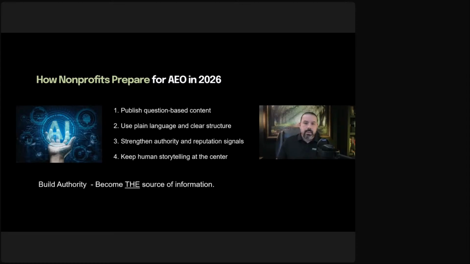Some of your pages are very neutral, and they need to be more passionate, right? You need to talk about not only how this relates to you and what you're passionate about, but how this has helped people, and what the substance is and the stories are behind what you do. Okay? Build authority and become the source of information.